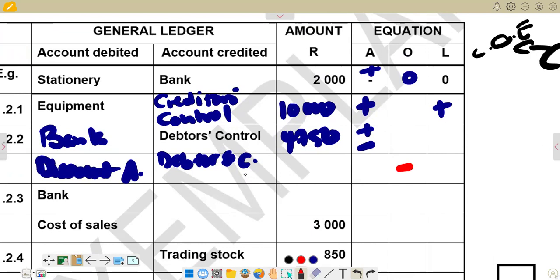And as we credit the debtors account, remember it's a minus on the part of assets. So here we are also going to have a minus. We are debiting debtors control as an asset. So whenever we debit an asset, we are supposed to show it as a negative. So we can just go there to see what we have in terms of